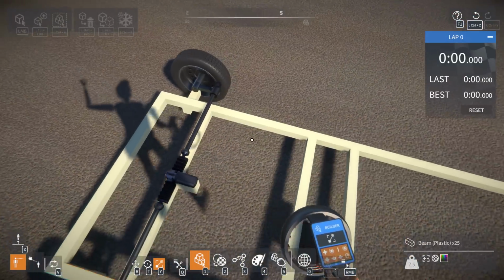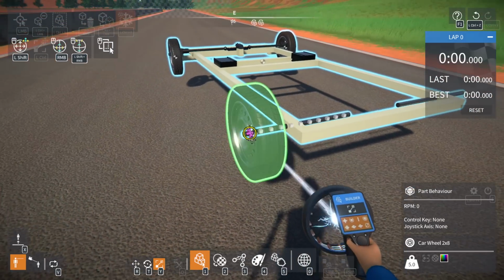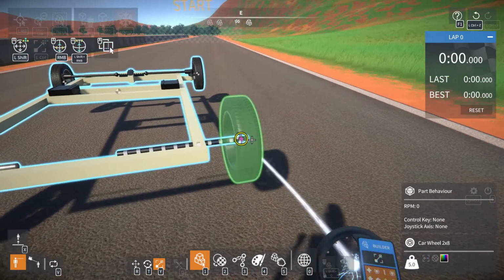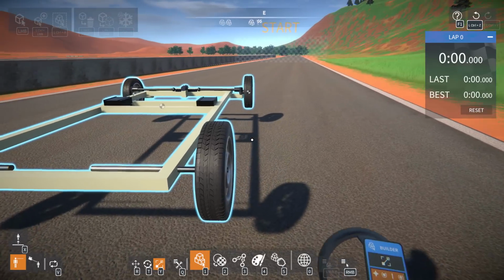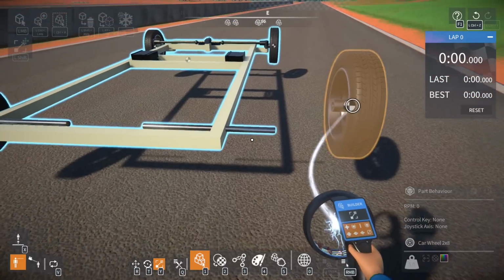All right, that's perfect. So let's just flip the controls of this around. Let's just grab a tire here, slap that on. Perfect. Another one. And now our wheelbase is even front to back. I don't know how much it would affect the overall driving performance with the wheelbase being slightly narrower or slightly